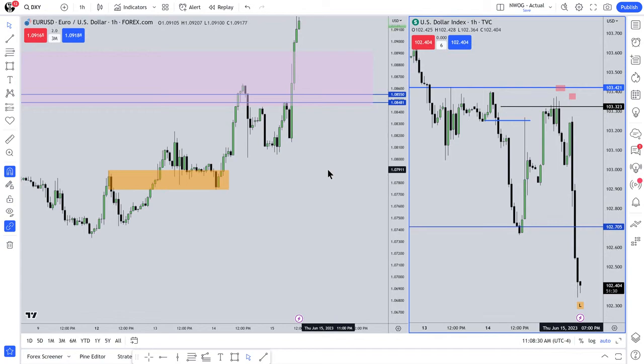You don't want to close it too soon because if it runs, it's just going to keep reminding you that you got out on emotion. You should have just held on to it or put a stop loss at a point where you can be comfortable with it. You move up half of the open profit and just leave it there. If it stops you out, who cares? Because you've taken a larger portion off already in partials. But the way you beat that uncertainty or that nagging feeling of not knowing when to get out is you're constantly referring to the dollar index in relationship to your market of choice.